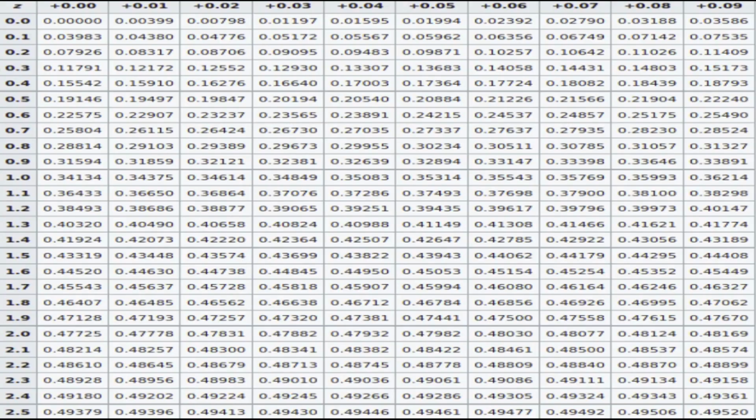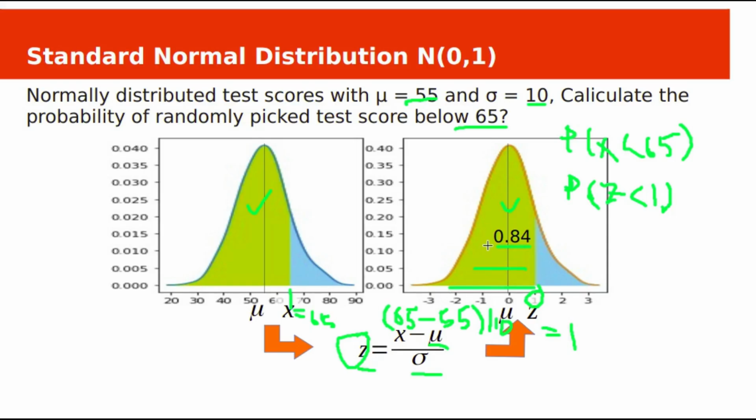Let's see the Z tables. This is the Z table. You have to look for 1 on the left side and 0.00 on top. Because it is 1, it will be 0.341. This table is one half of the standard normal distribution, that is the right half. It is 34, and we also have the entire area on the left side of our distribution, so it will be 50%. 50 plus this 34 will be 84. So the probability value is 0.84.